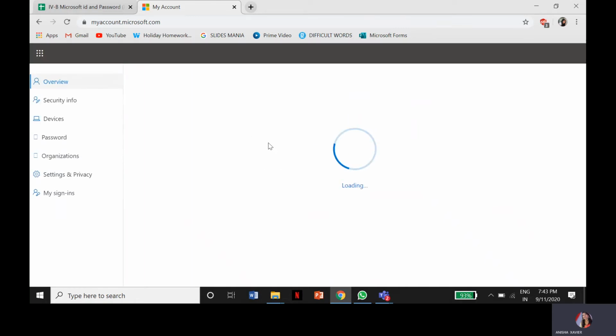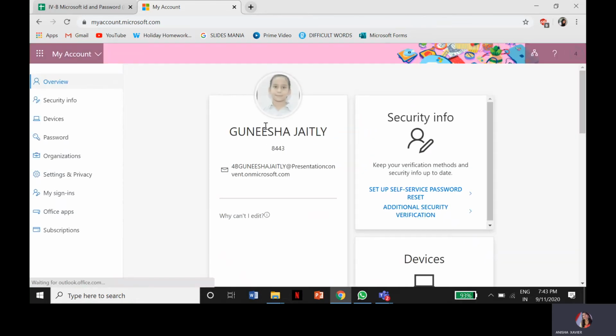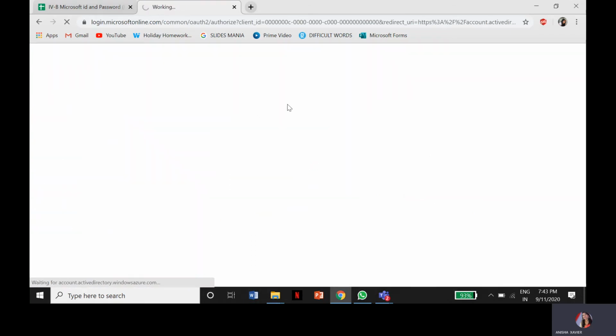It's taking time. Now this child's page is ready. So I click on set up self-service password reset, which comes under security info. When I click on this,